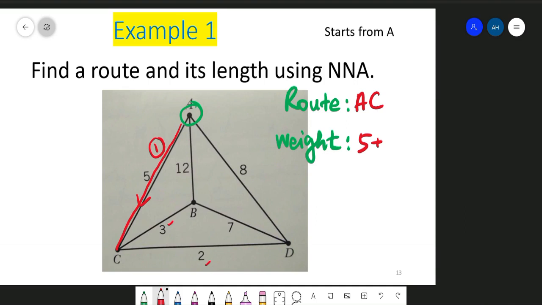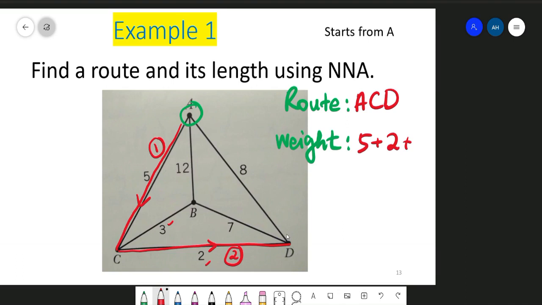Which one is the smallest, the nearest one? Of course, 2. So from C, we go to D. This is our path number 2, C to D, and the value is 2. Now from D,